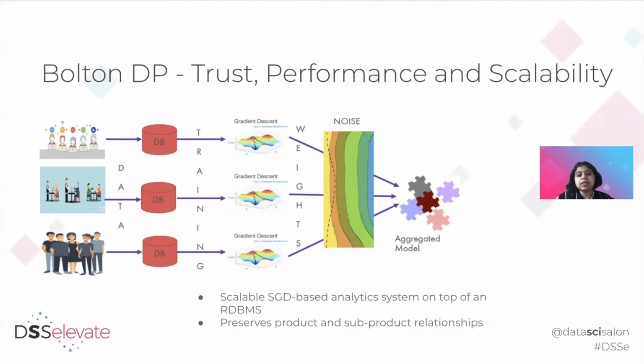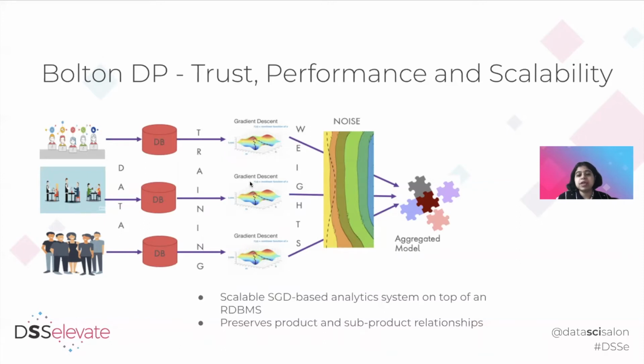It is assembled modeling. For a retail store like Walmart, we collect data from individual stores, put it into the DB, and do stochastic gradient learning, and ultimately the weights get added to a central model, and the noise is added post model training. Since noise is added post model training, it's a post-convergence method, and it preserves the individual